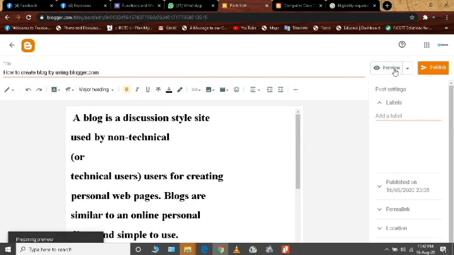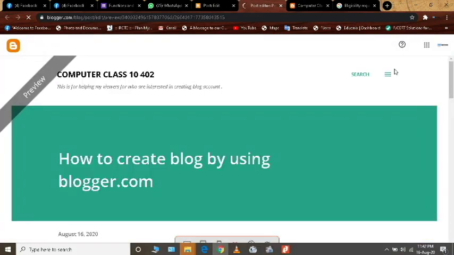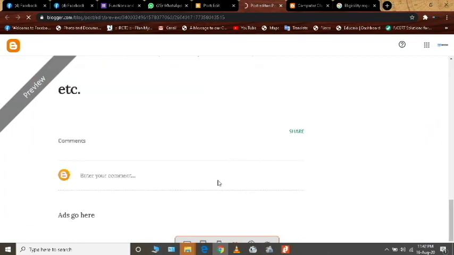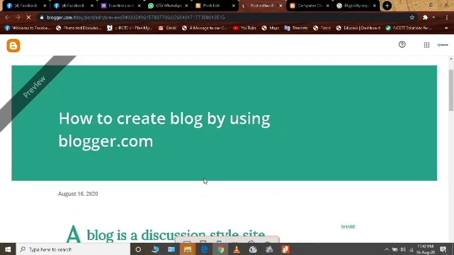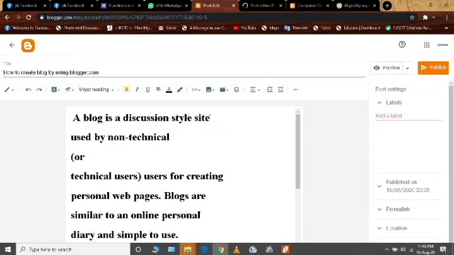Now before publishing I want to check how it will look on my blog page. It's too big. So before posting or publishing it, I want to change it.